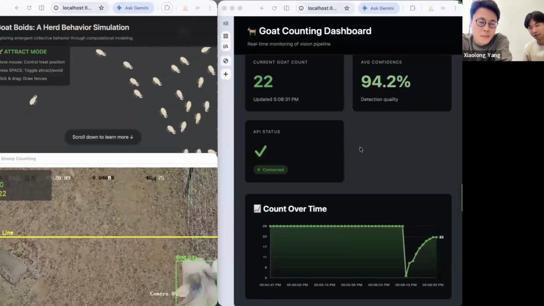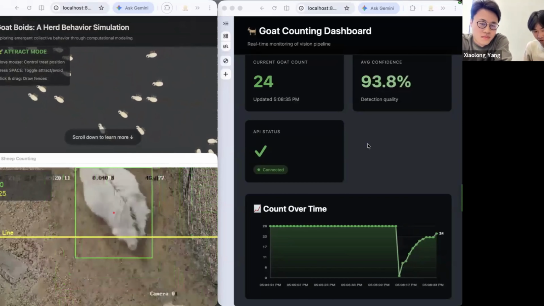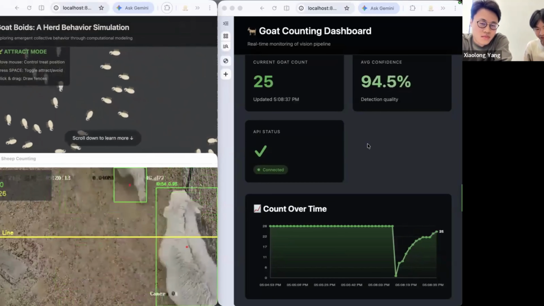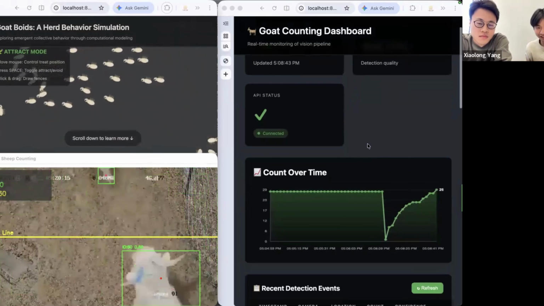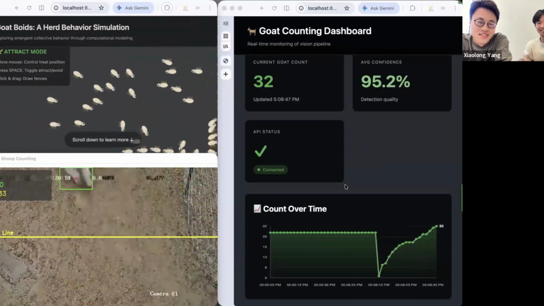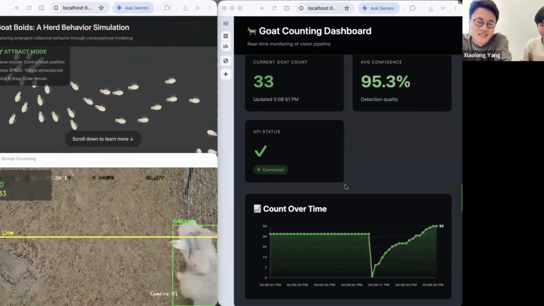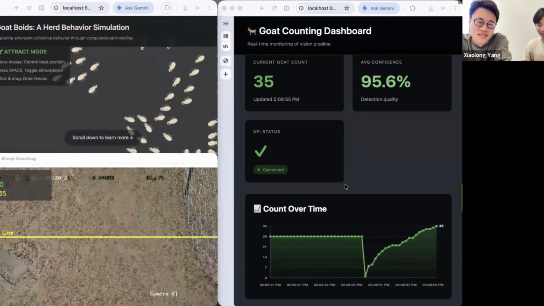In the bottom left corner, you can see we're using a computer vision model to find the center point of each goat. Whenever they pass this gate, we count it as one goat. On the right, there's a dashboard for all of this. And at the top is a little simulation of some goats with some physics logic. All of it together is the final project that we have. But the most important and significant part is just counting the goats, how it's significant, and what we learned from it.